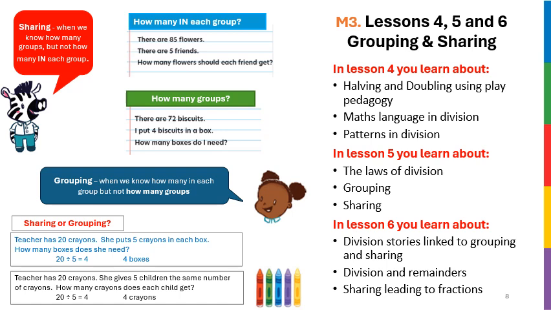She had 5 children and 20 crayons. So if she had given each of those 5 children 2 crayons and then seen that she still had more, she could have given again 2 crayons. And so each one would have ended up with 4 crayons. So sharing and grouping, we know that they are important because young children will